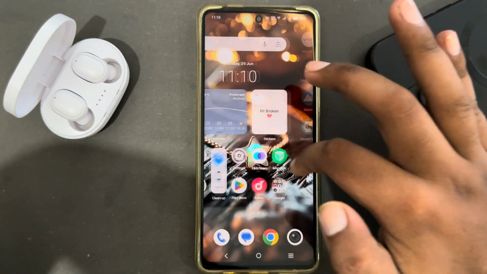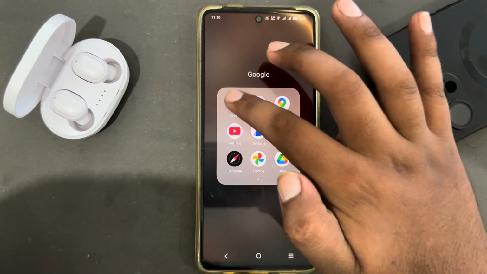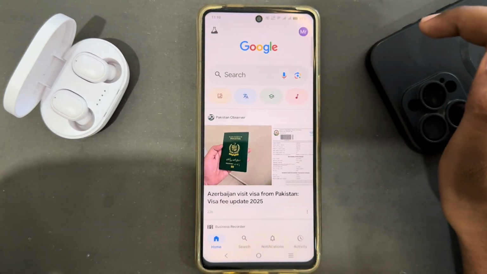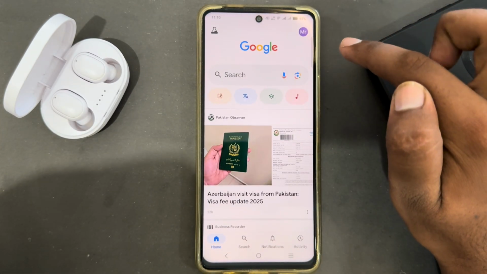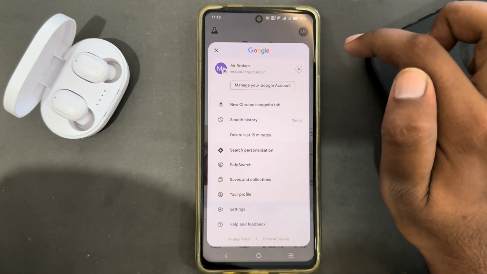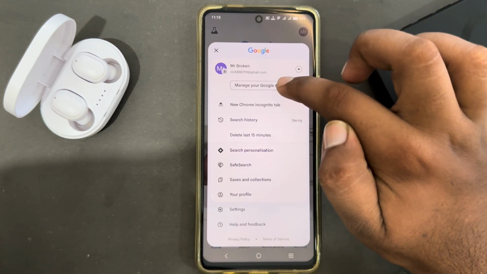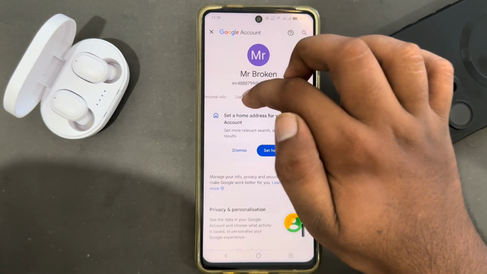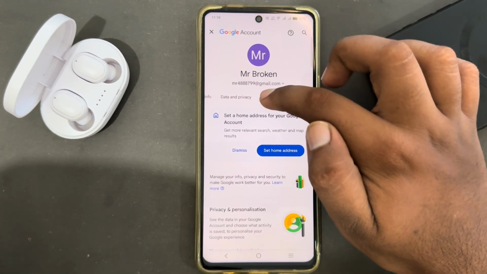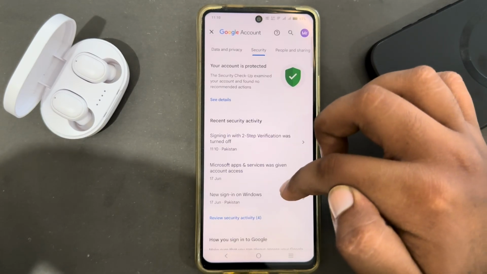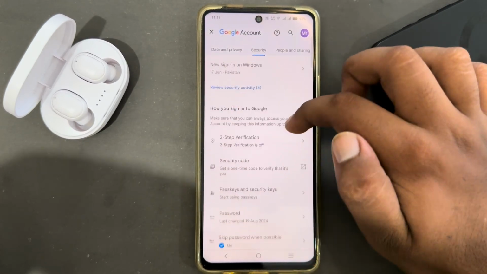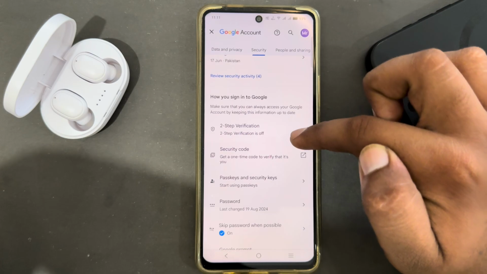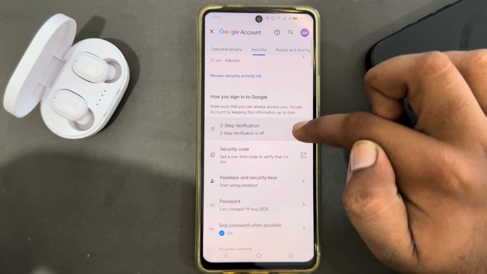steps. First, open your Google app and here just tap on your profile in the top right corner of the screen. Just tap on it and here just select manage your Google account and now scroll this to the right and select security. Now scroll down and here you will get the option of two-step verification which is off. So just tap on it